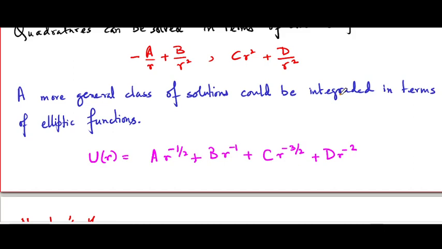However, adding a 1 by r squared term to that will also give you a solution available in terms of circular functions. Once again, let me stress that the only real difference, apart from the change in the parameter L,